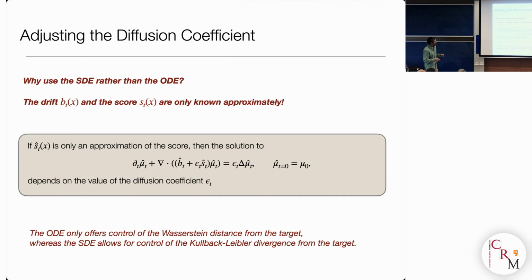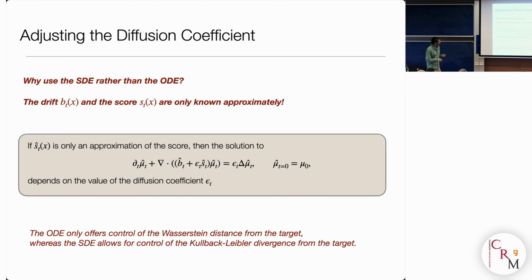I told you there was this little identity that I wrote at some point, a Fokker-Planck equation like this, and I told you that the solution of this Fokker-Planck equation was the same no matter what the value of epsilon, the diffusion coefficient. This relied on the identity that this guy here, S, was the score, meaning the gradient of the log of the distribution. In practice, you don't have access to that function. You need to learn it. That means that you are making approximation. The moment you are making approximation, when you vary epsilon, the solution of this equation changes.